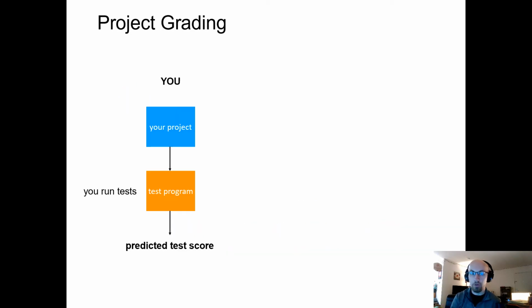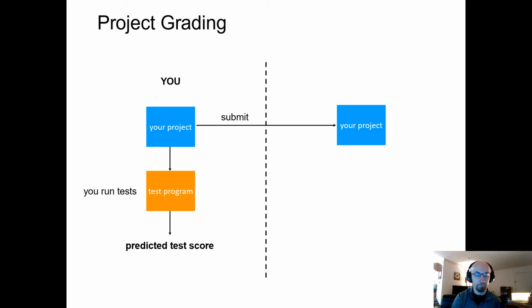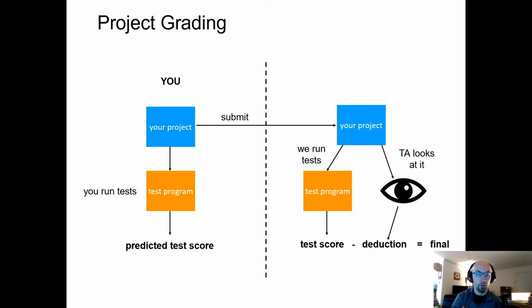How these project submissions work is that you're going to take your project and we're going to give you some test cases to run it against on your machine. You go ahead and you run those test cases on your machine and you'll get a pretty good idea of what score you're going to get. And then once you're confident, you go ahead and submit your project to the course website. And once you submit it, eventually it'll be picked up by the auto grader, which I believe runs every 4 hours. It'll run your program against its tests, and that will give you the tests run on the server.